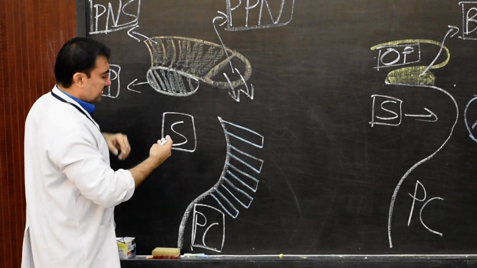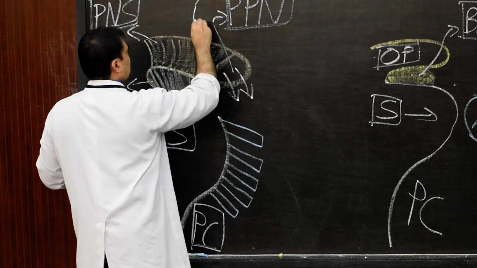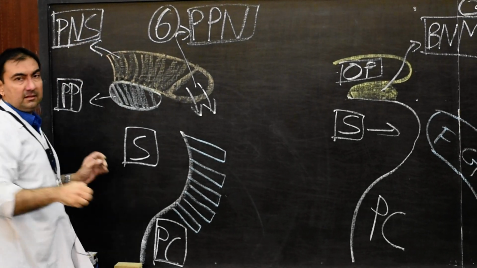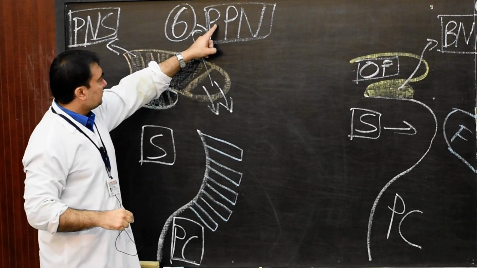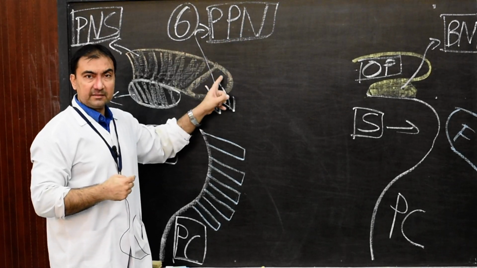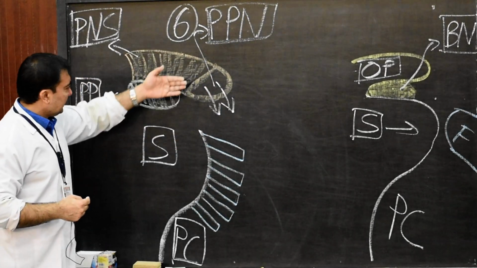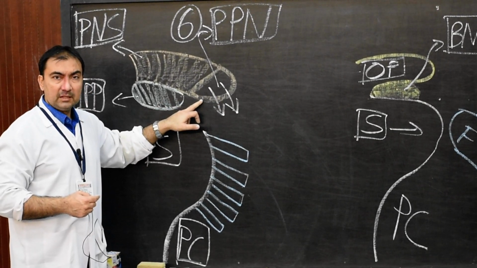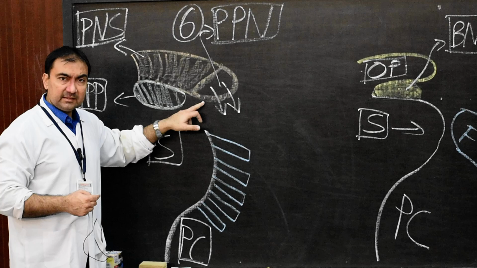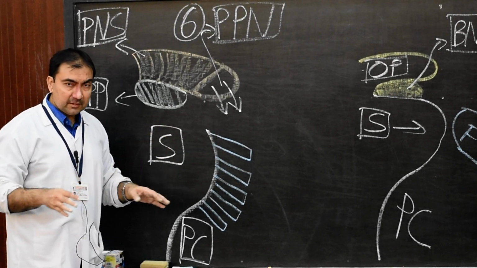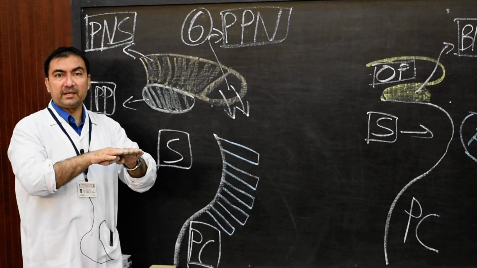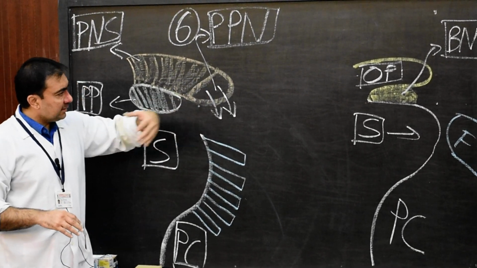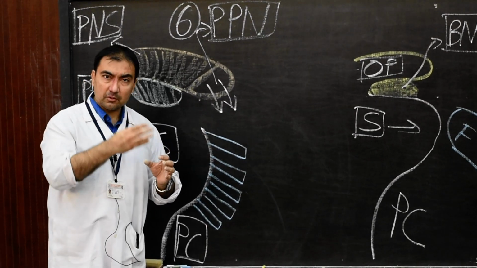So here, if you write this as point number 6, in point number 6, there will be development of the primitive nasal septum and primitive posterior nares. Now this nasal septum has a lower caudal free end. This caudal free end of the nasal septum will fuse with two processes which will develop from the maxilla. So after this diagram, now we are going to draw a diagram in coronal section.